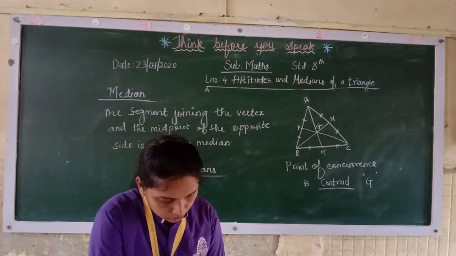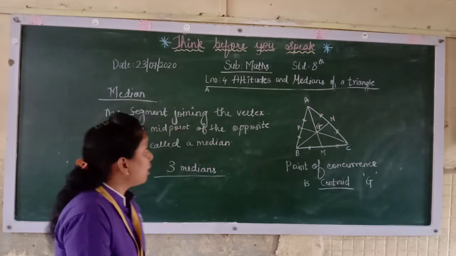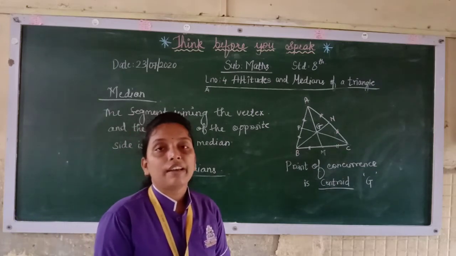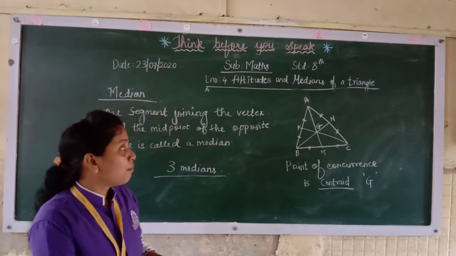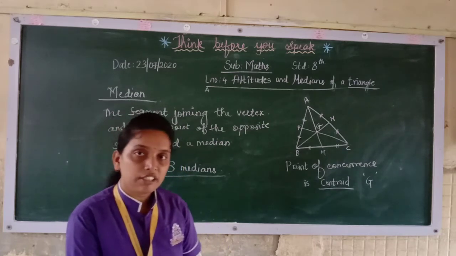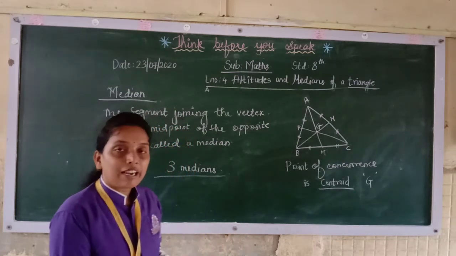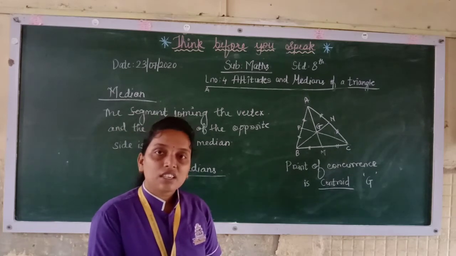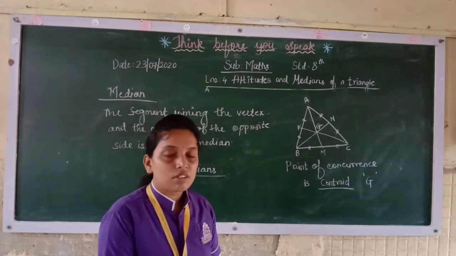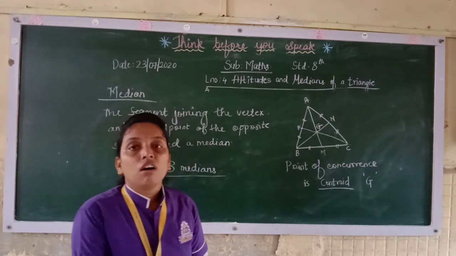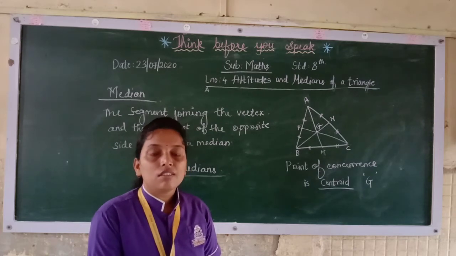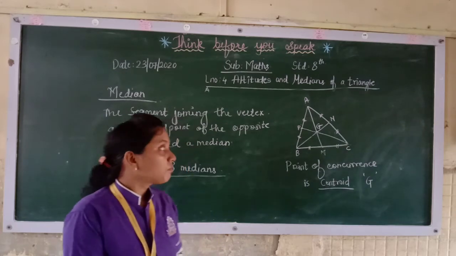Now further, we'll revise what we have done till now. Altitudes. A triangle has 3 altitudes, and the point of concurrence is given by the letter O, which is known as the orthocenter. For a right angle triangle, it will be the vertex containing the right angle. For an obtuse angle triangle, it will be in the exterior of the triangle, outside the triangle, as we saw just now. Before this, we had seen it in the diagram. For an acute angle triangle, it is in the interior of the triangle.